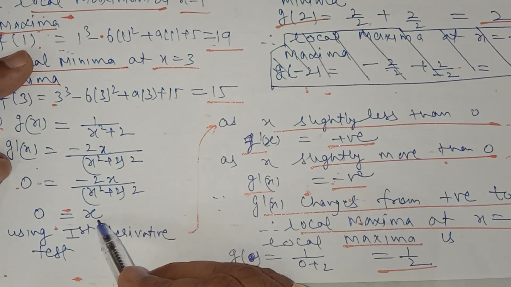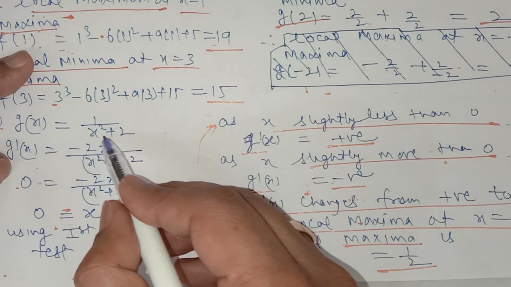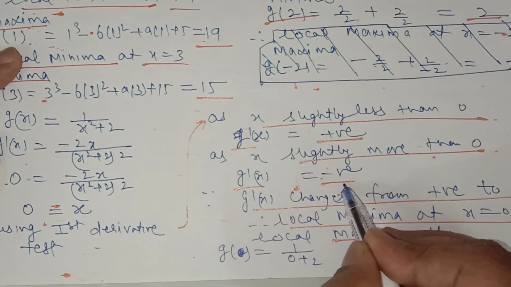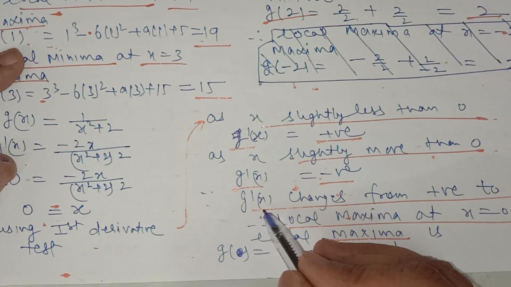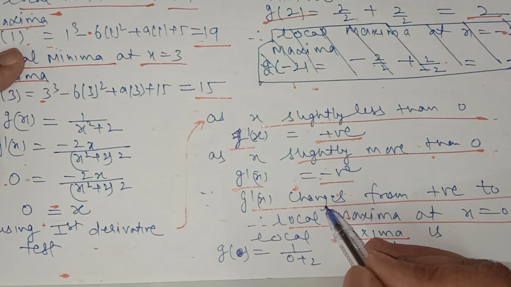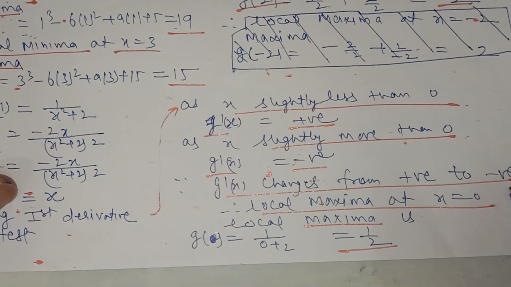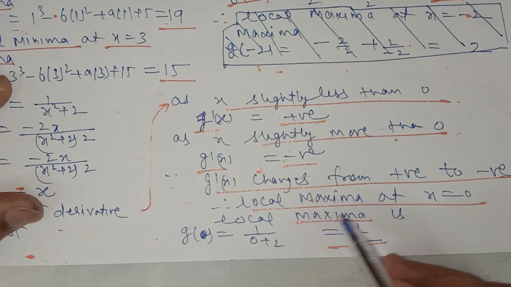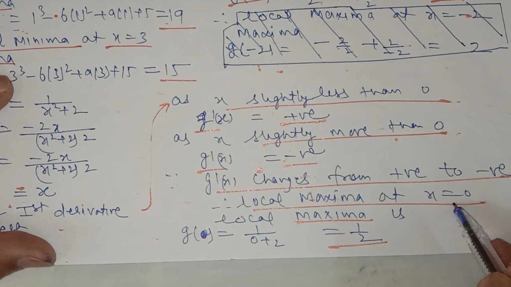Now take the value of x slightly more than 0. Then find whether the first derivative will be negative or positive. It will come out to be negative. Now as the first derivative changes its sign from positive to negative, and we have discussed in the basics of this topic, when the first derivative changes sign from positive to negative, then it will have local maxima, and we are checking at the critical point 0.